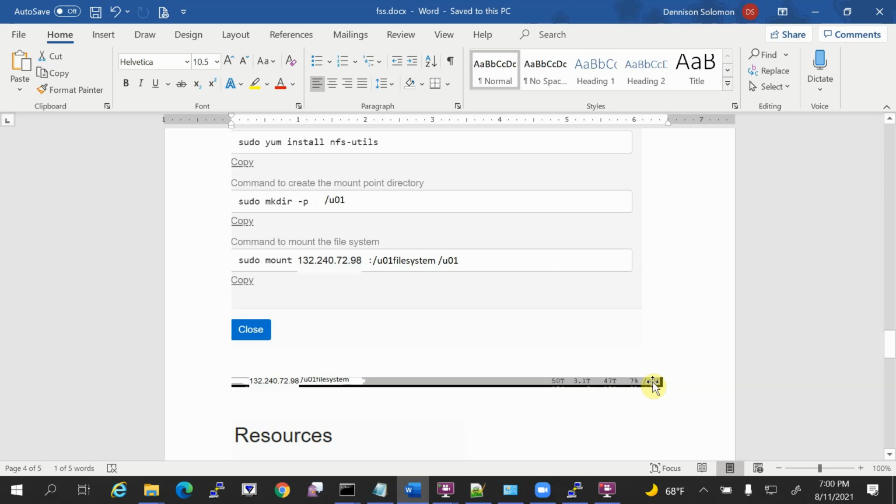So the beauty of FSS is the customer need not pay for complete storage. Though it allocated 50 terabyte, the customer is going to pay for what he is currently using, 3.1 terabyte. So that is the reason you should not simply dump your backup files and everything in FSS, because the customer has to pay for it.